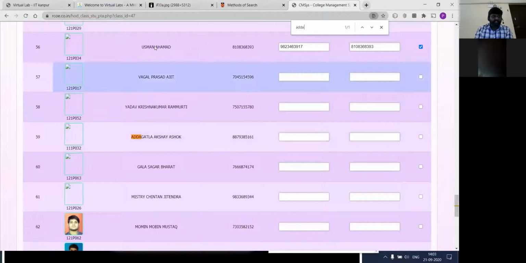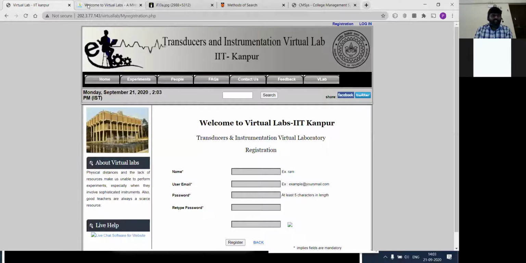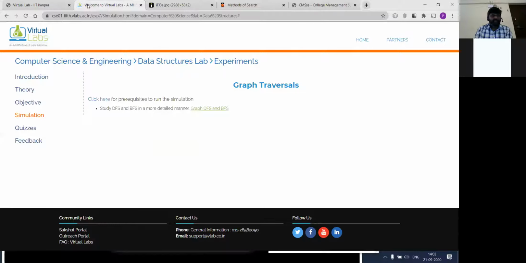A lot of tabs I opened. So this is again one of the virtual labs which has been developed by IIT. What you can do is that meanwhile, if you want to work parallelly, this is a simulation virtual lab in which there are multiple websites created and maintained by IITs, and they specially created virtual practicals for all kinds of subjects, maybe in all streams of engineering.